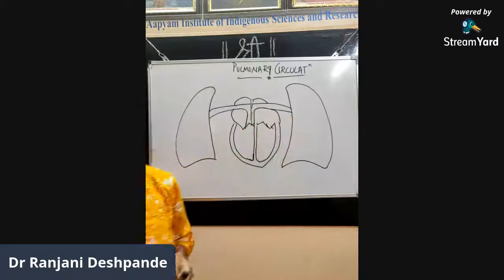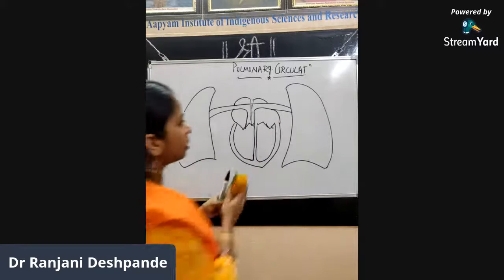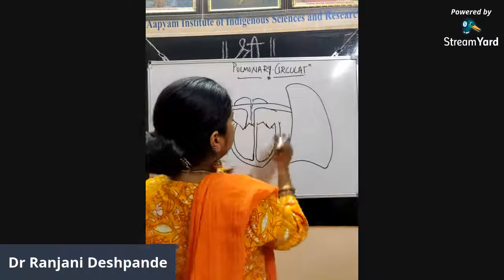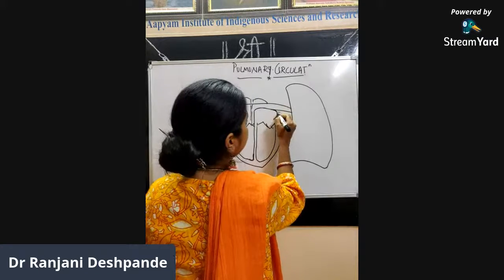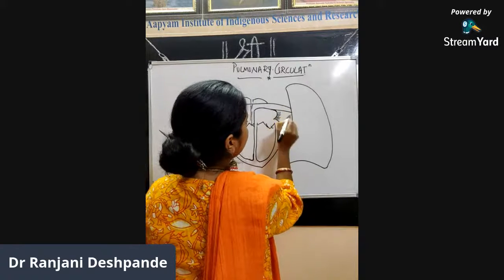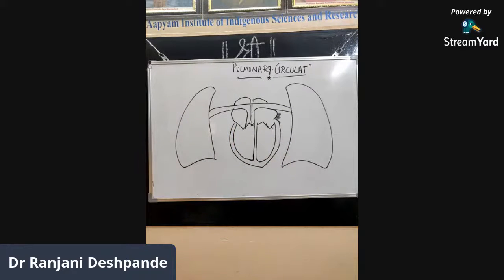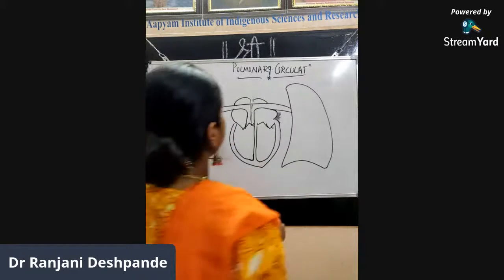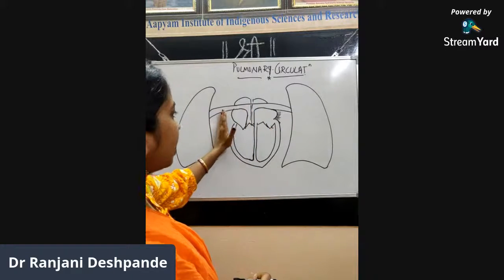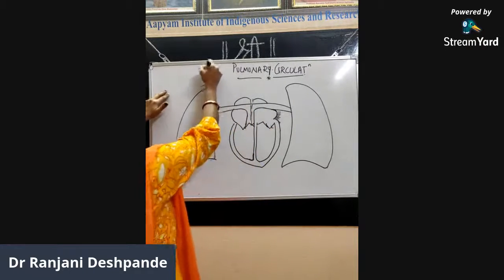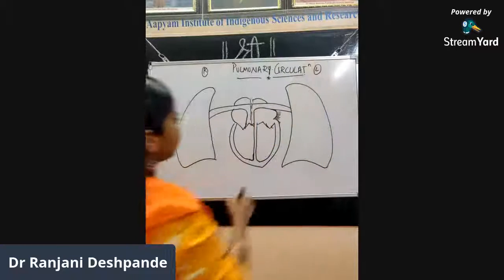So here we have the entry for the pulmonary vein. Let us see finally how it enters, entering the left atrium. Now once the pulmonary artery branches into two, the right branch and the left branch,